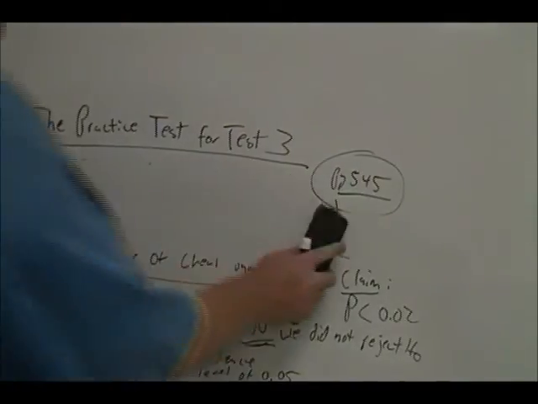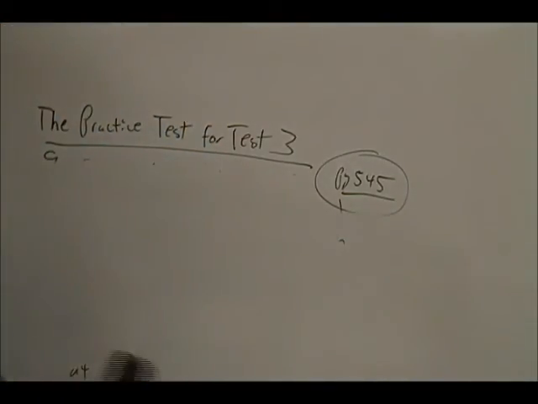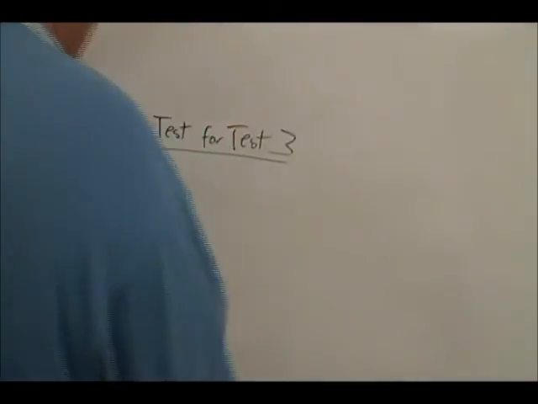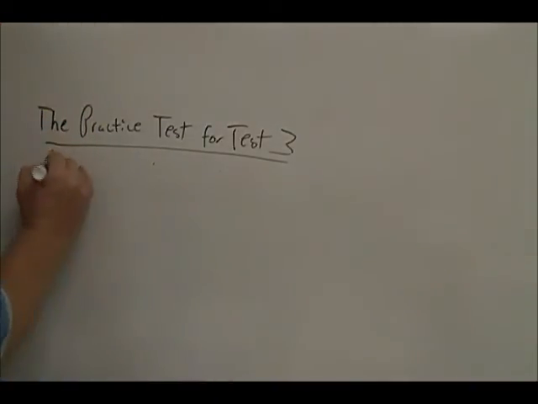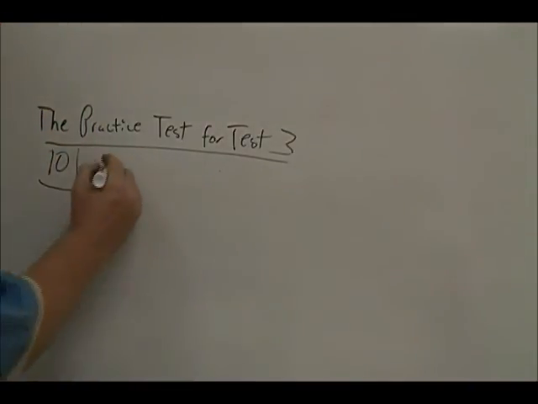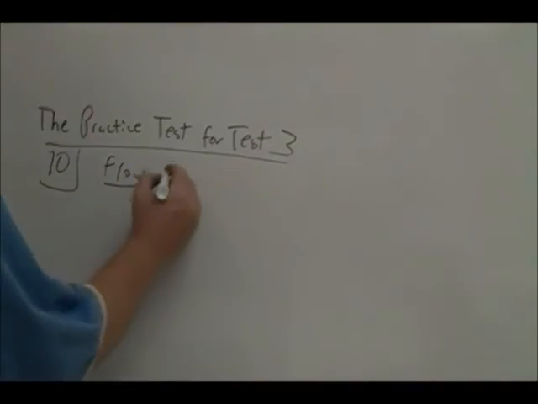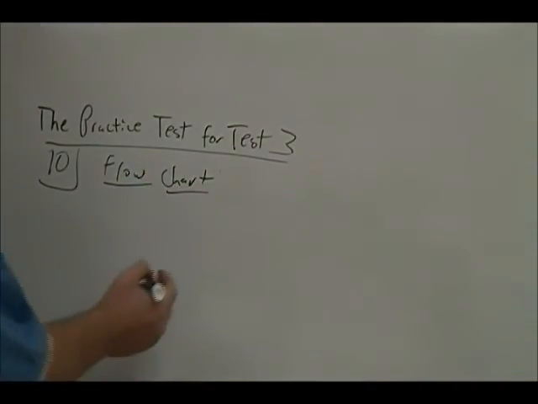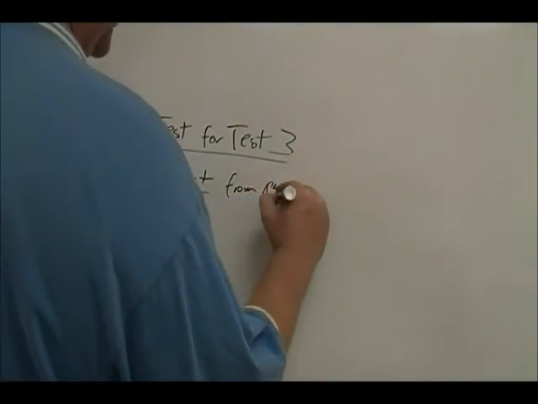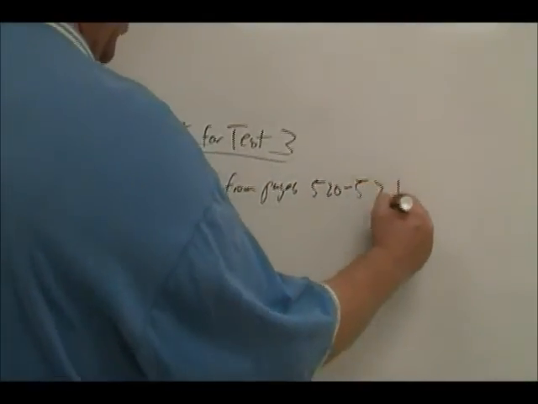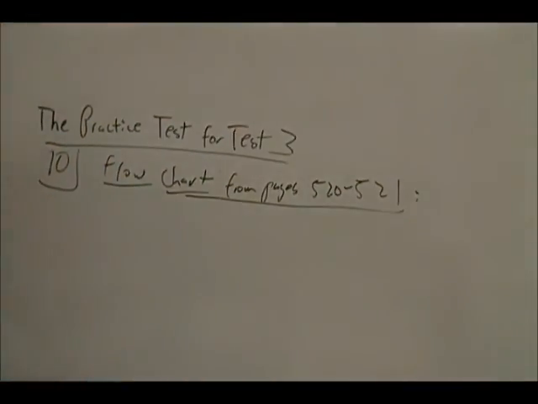All right, we're going to do the same kind of thing in problem 10, but instead of testing a population percentage, we're now testing a population mean. So instead of using the flow chart on page 545 and 546, we use the given flow chart in the cheat sheet from pages 520 and 521. So there's another flow chart in the cheat sheet that gives you a 6-step method for testing claims about population means. And that's on page 520 and 521 in the cheat sheet. So if we use that flow chart,